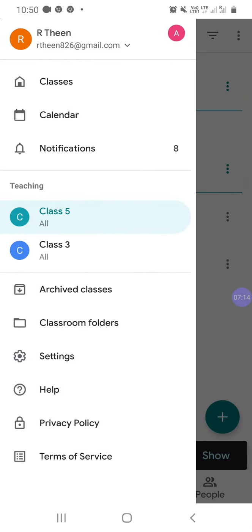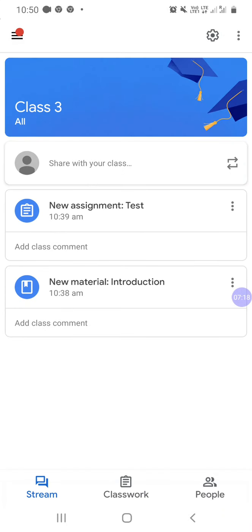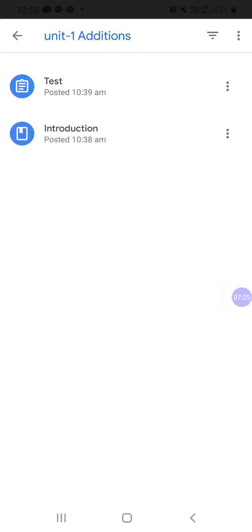See, once you assign the work, just open the class, go to the classwork. See, here these are the attachments, send it to the students.